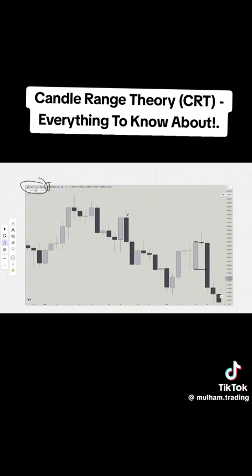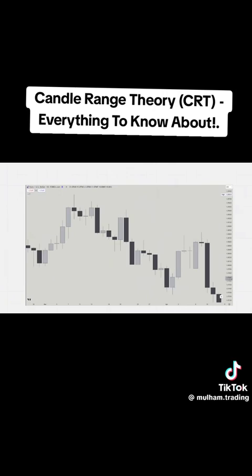And what is this? Euro USD daily chart. So what do we see here? Previous day high right here, previous day low. What happened is price took the previous day high, not closing above it. Now we can look for the previous day low. So we know that this is a range. It's common sense. We took the high, we're going to the low. The same thing is happening here. We took the low of the previous day, we go for the high.